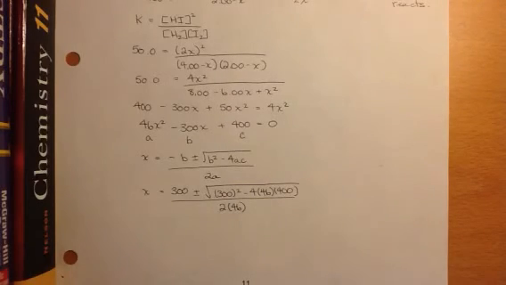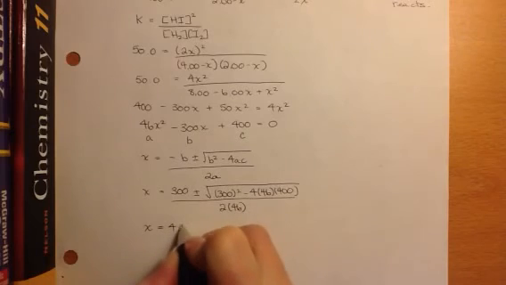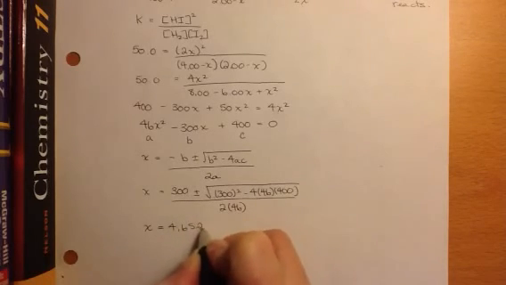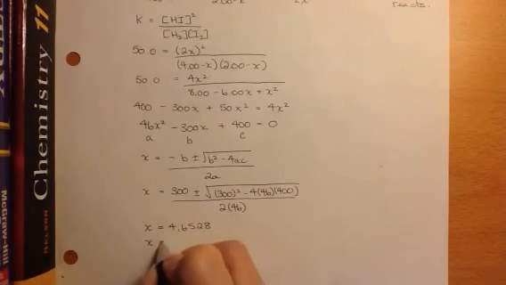Now, if your calculator allows you to just plug in the numbers and solve it, please go right ahead and do that. If you do not have a calculator that allows you to do that calculation, you'll have to do it the old-fashioned way by plugging in the numbers. Now, we get two values when we solve for this equation. The first value that we get is 4.6528. The second value that we get,